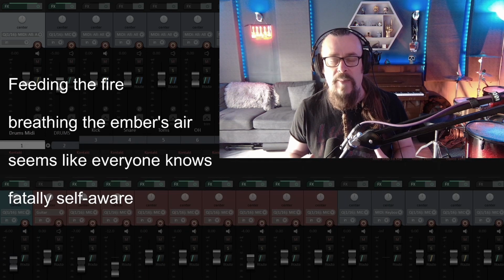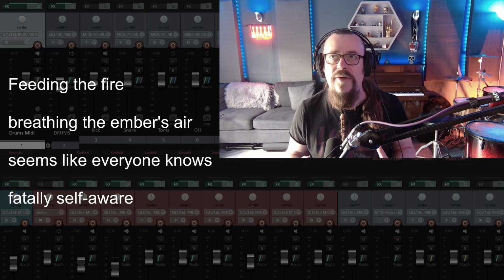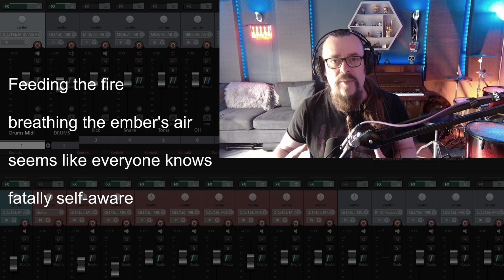We're writing this song about a liar, about what it must feel like to be a liar. I thought of the phrase feeding the fire. It came about because it was a rhyme for liar that I ended up not using, but the word fire still came about. Feeding the fire for me sort of means the more you lie, the more you back yourself